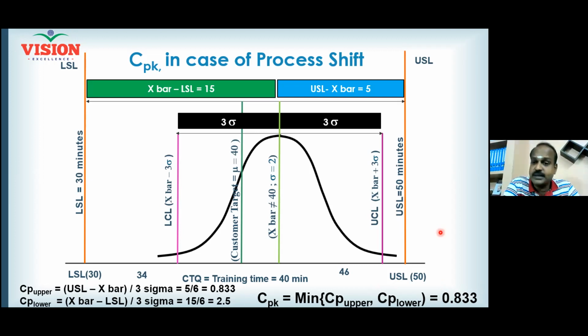And also it can give you the potential your process has got. As of now, with the current design, the potential capability of your process is 1.67. That means you can improve your CPK from 0.833 to 1.67 only by centering your process correctly. Am I right? Yes, you don't have to reduce the variation.